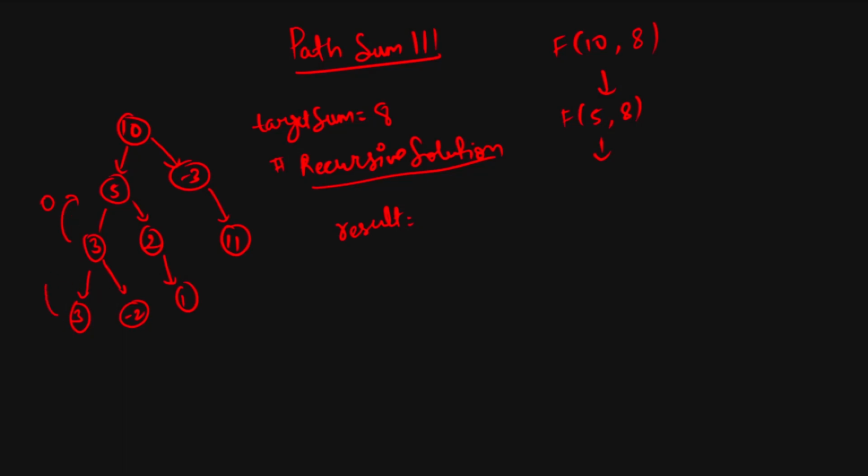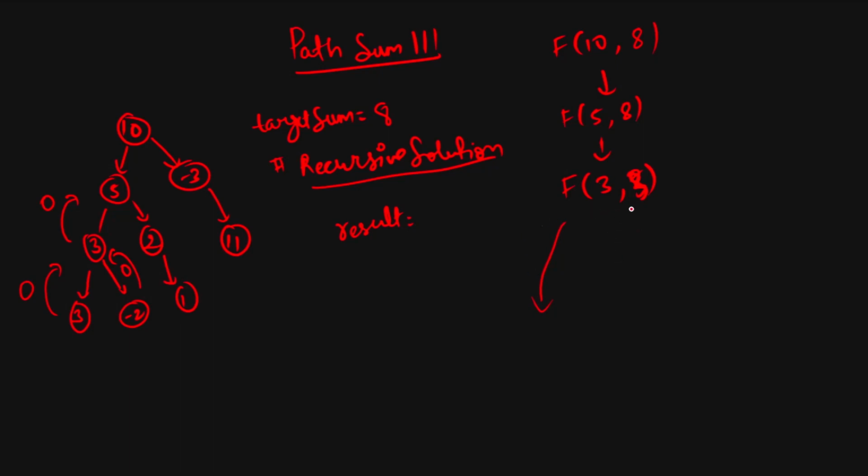From here I am returning 0, from here I am returning 0, because we do not have any path. Now from 5 3 I have checked without including, and now I will check with include. With include, that is 3 and that is 3, and my sum is 5. 8 minus 5 will be 3. If I again check all the conditions that I earlier checked without include, it will give me the wrong answer.